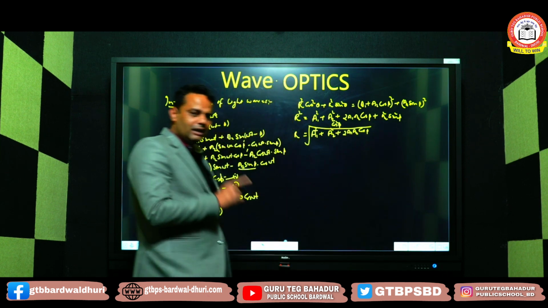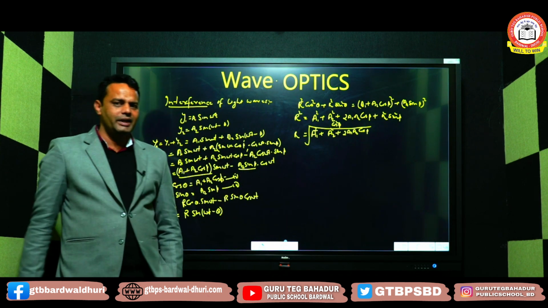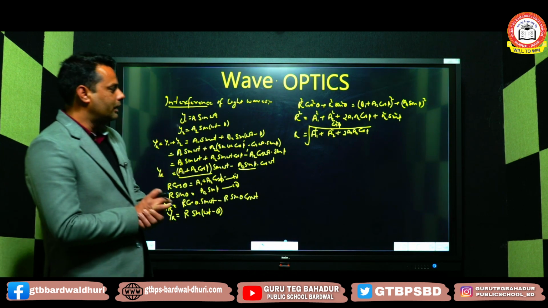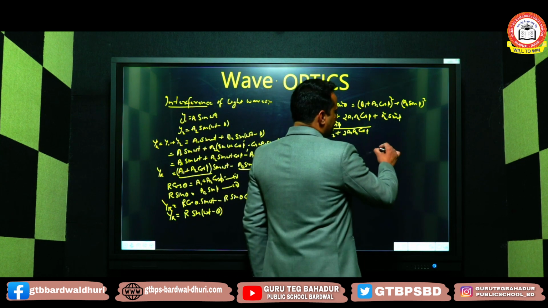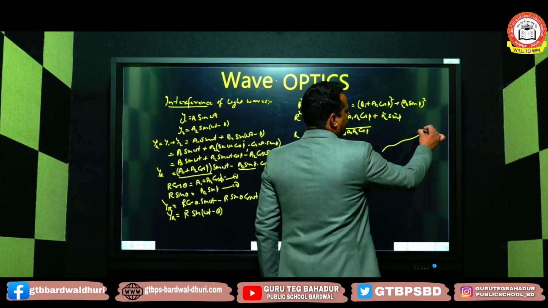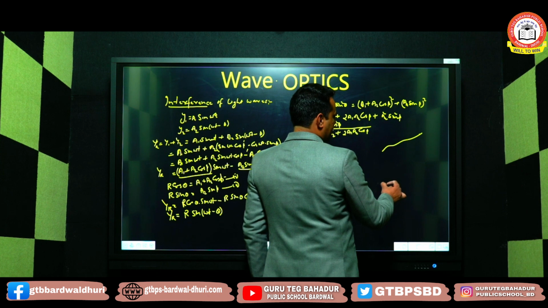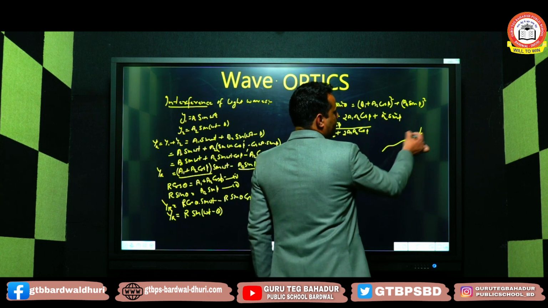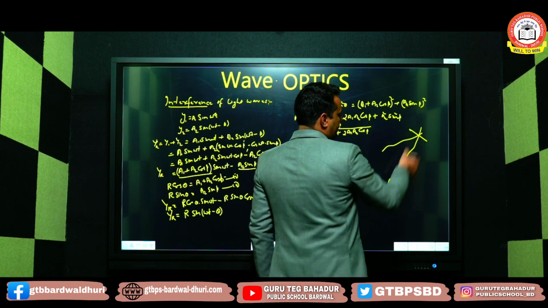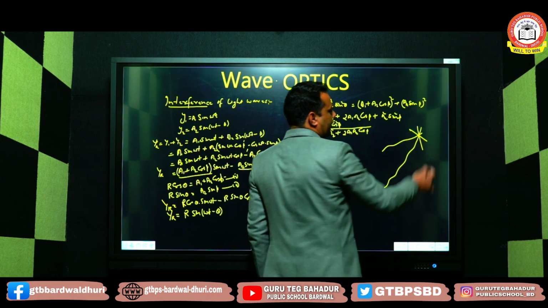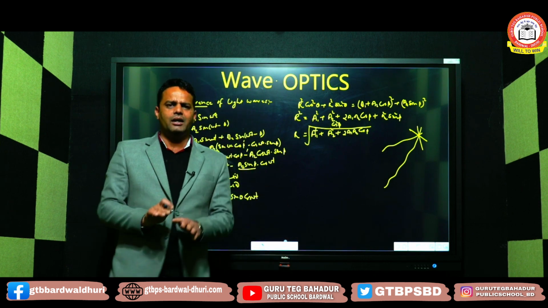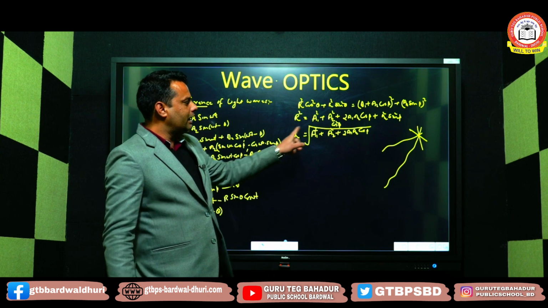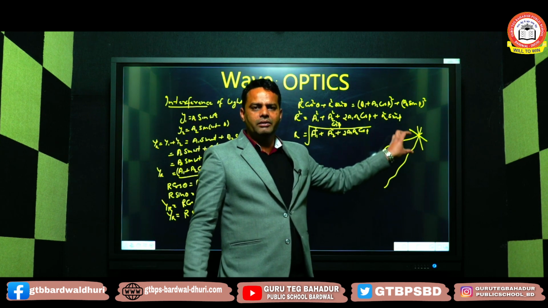Now my dear children, I think this result you have already seen somewhere else in vector addition, where two vector quantities are added up. Now the same concept we have started. This wave is traveling to this point P, and this is another wave which is traveling in this way. The displacement at this particle because of this wave may be in this direction, and because of this wave may be in this direction, and these two displacements will be added up with the help of vector addition, and this will be the resultant, the net displacement at this point because of both the wave sources.